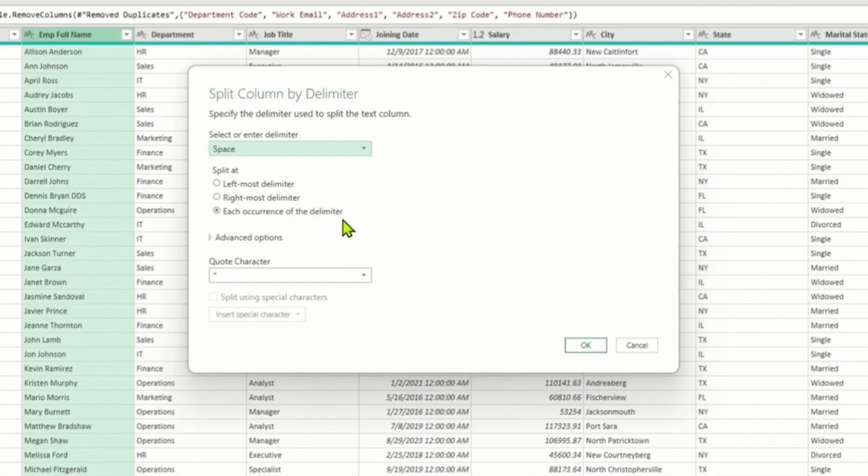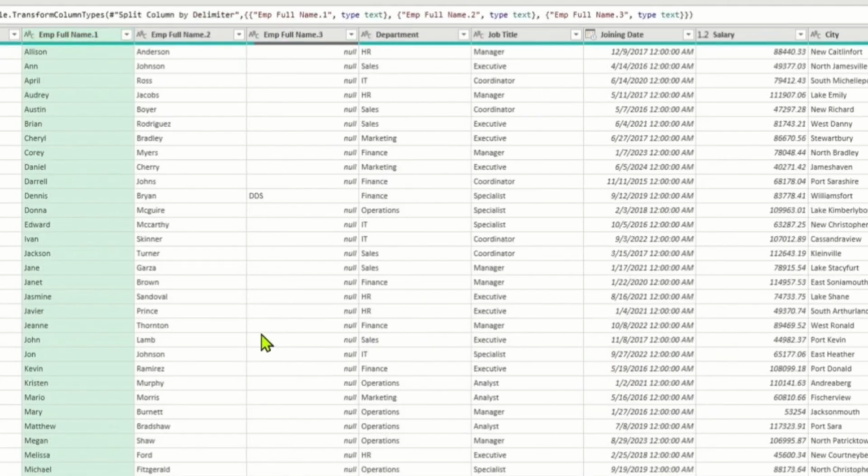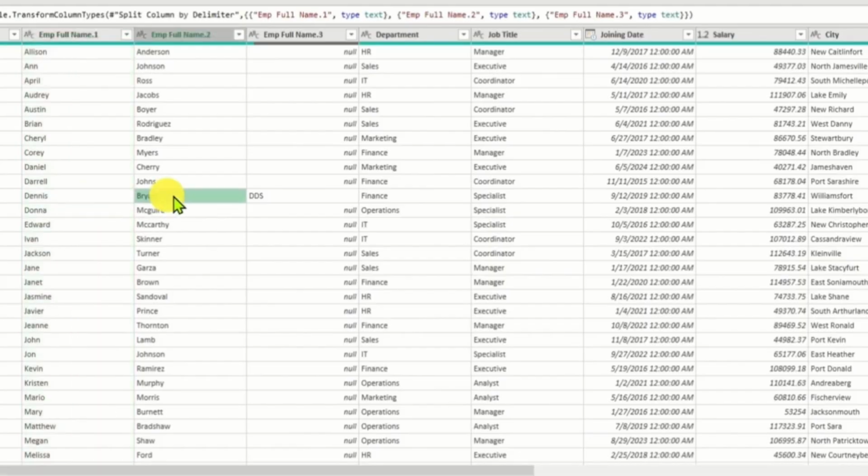After that there is the next option, split at, in which we have to select from which position we want to split it. By default each occurrence is selected, which means as many times as it finds the space, it will split the name. We will keep the default options selected and click OK. See, the full name is now split. Here the name, which had 3 words, has been split and spread in 3 columns